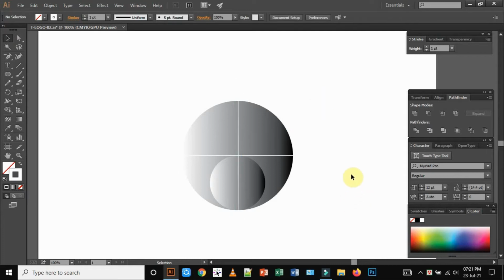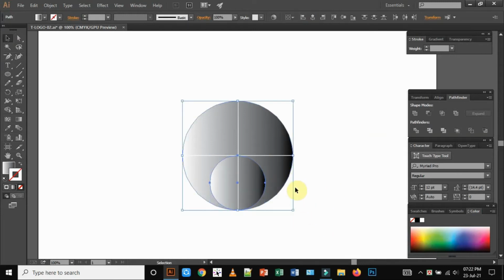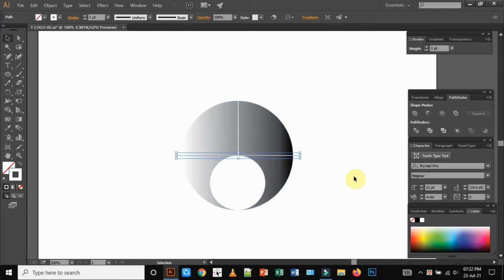Now we have to select this and this one, but before selecting this I have to copy the smaller one. It's because I need it after doing some work, so I am going to copy this smaller one. Select this and copy by pressing Ctrl and C. Now select the small one and the bigger one, then go to the Pathfinder. Here is the Pathfinder tool and select this and click on it, and now I am selecting this line and